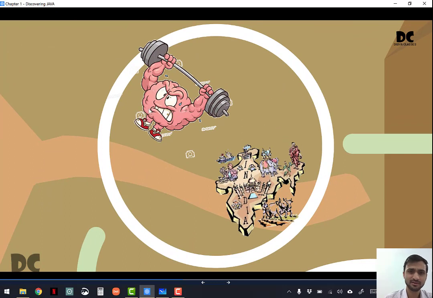You can see this. This is a brain. See how powerful it is. It is able to carry the weight, because the brain is more powerful than any other body part we have, because this is the most functioning. If your brain doesn't function, your hand will not function, your leg will not function, your eyes will not function, any part of the body will not function, because the brain is the most important part. Therefore we are representing it as very powerful in this picture. The brain also uses the concept of encapsulation. How?